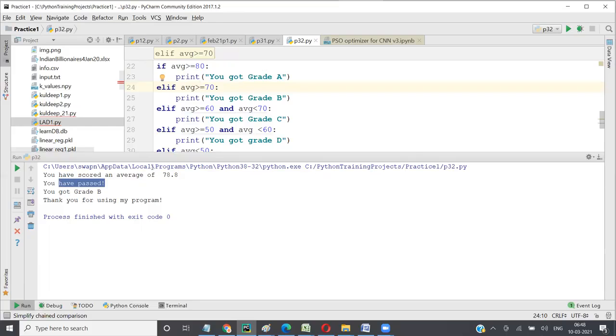So in this case, 78.8, you got grade B. And the rest of the lines of code will not be called. In the same way, you can remove this, right? You can remove this,